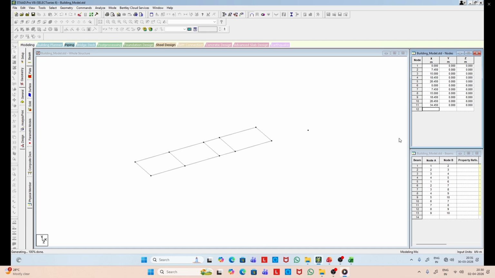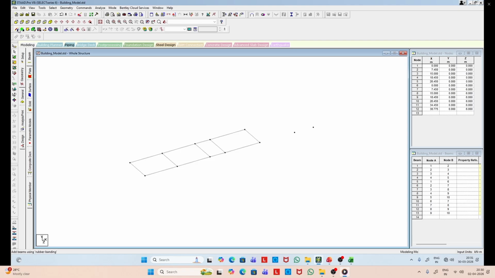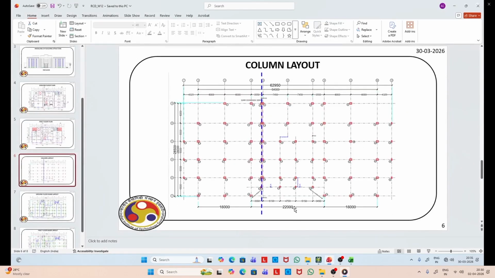There will be another point just right to the one created. And then again, we connect these 2 points to create a beam. Now we can copy this entire line.